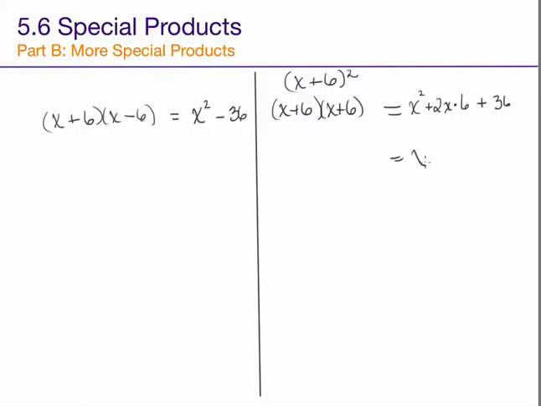And that gives me x squared plus 12x plus 36. This is because x times x is x squared, x times 6 is 6x, 6 times x is 6x, and 6 times 6 is 36. And combining like terms,